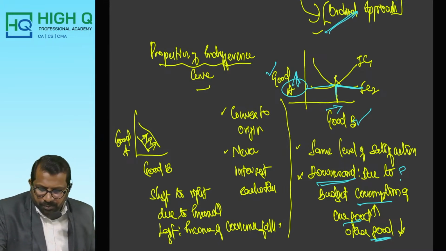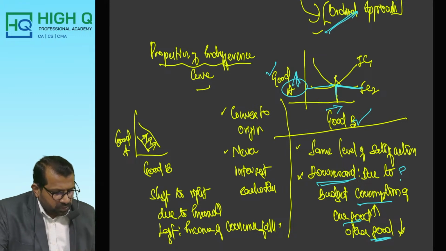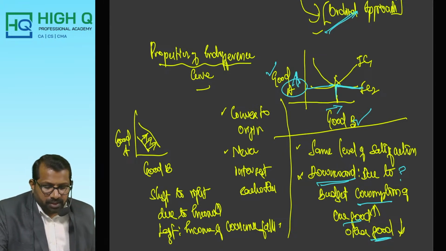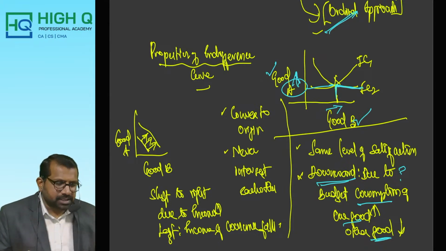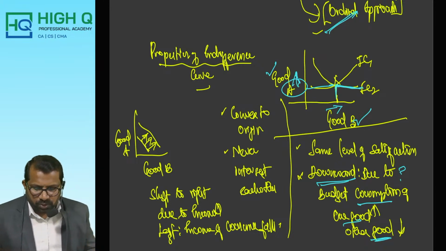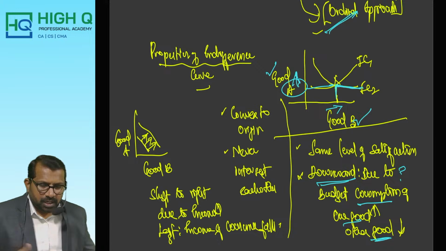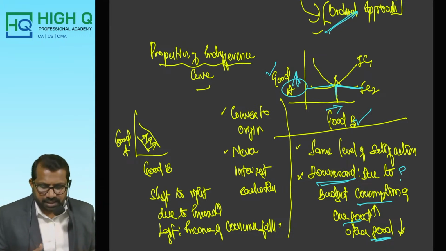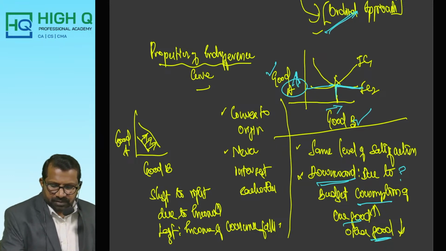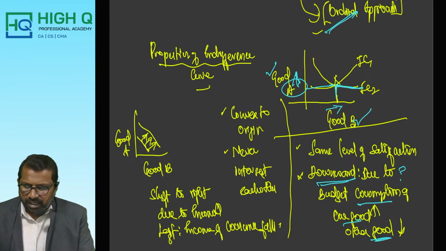Third one is the budget line. So the properties of the indifference curve are very important. Two goods may have the same level of satisfaction. The curve is downward sloping, where as the budget for one good increases, the other good decreases. When we discuss two goods, the curves never cut or intersect each other, and at the same time they are convex to the origin, called indifference curve analysis.